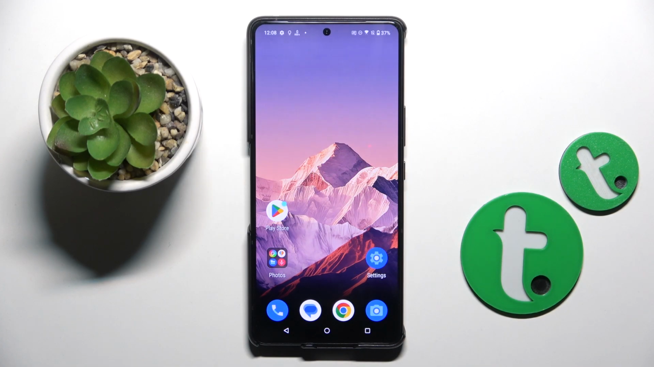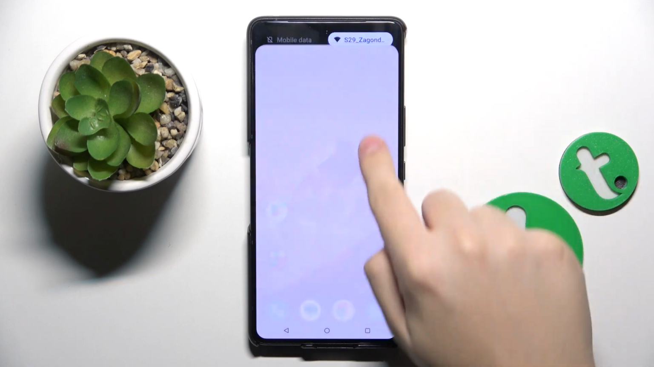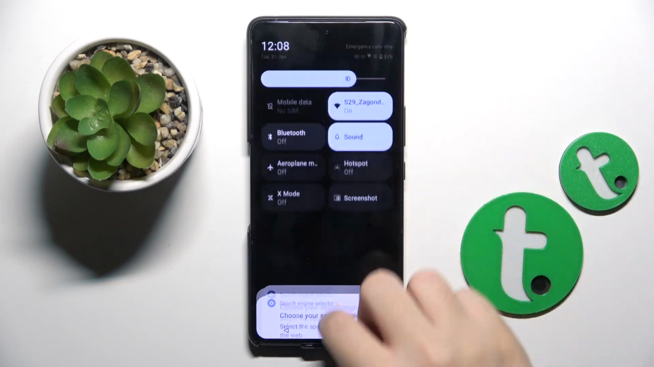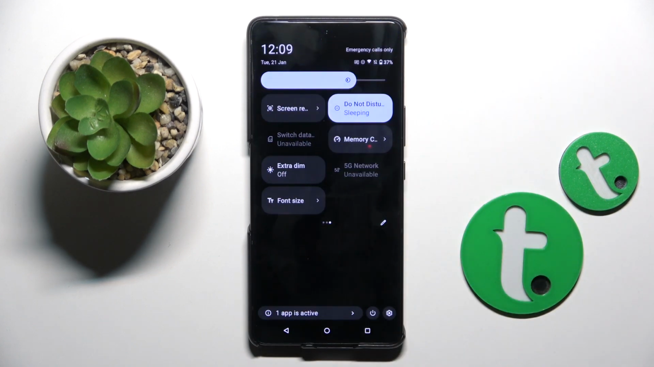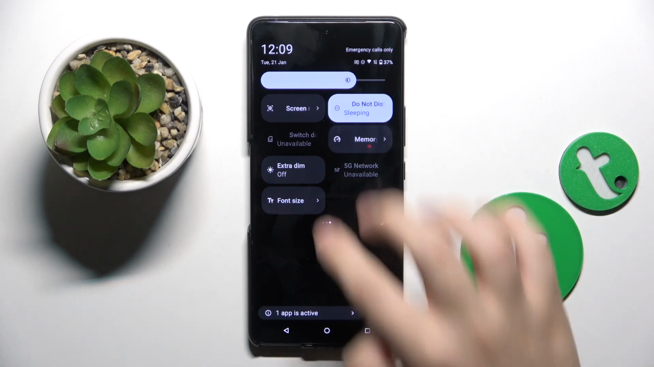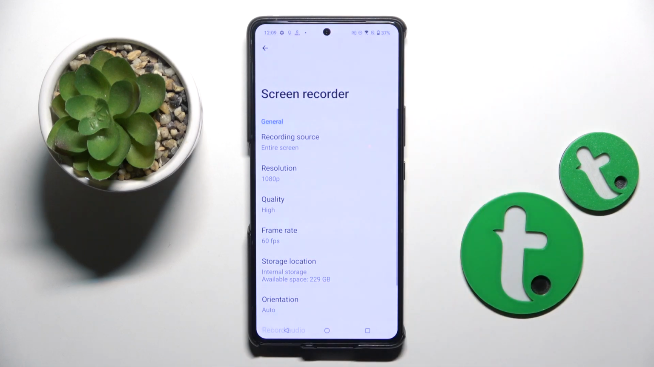Alright, so to do this, first you have to open shortcut panel by swiping from the top to the bottom, and now right here you have to find screen recorder. As you can see, for me it's right here. And what you have to do now is just hold on it to open screen recording settings,